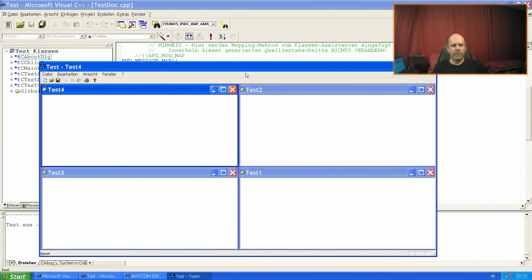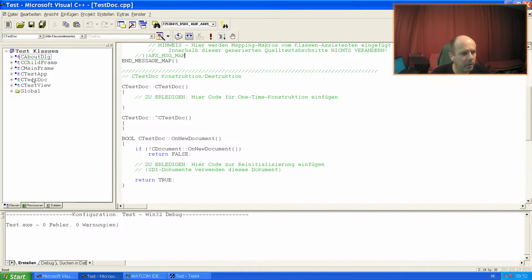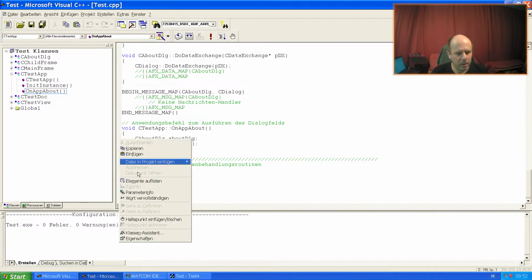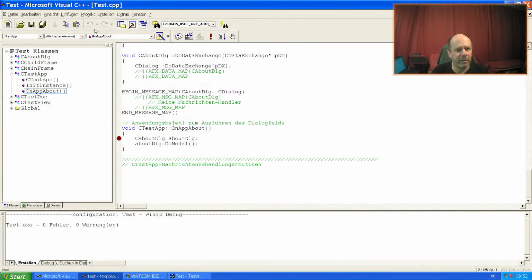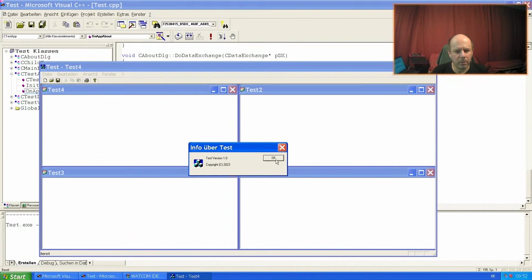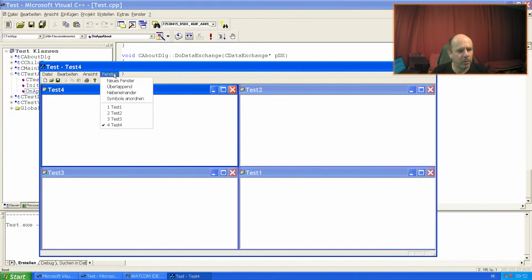And the debugger is better. I can go into the source code, say on up about, go some breakpoint. I have started it with Visual C, and I go to the about button. Okay, this is the about, info about. There's something else.